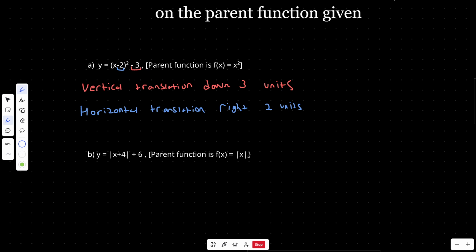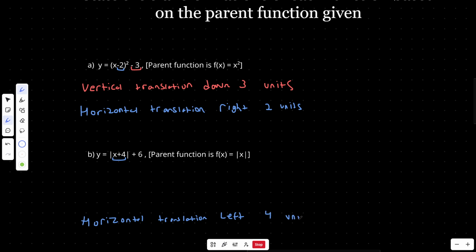Our parent function is the absolute value of x, so we have to figure out what transformations are applied to this based on a reference point of f of x equal to absolute value of x. So what I'm noticing here, we'll start off with the horizontal translation first. There's an x plus 4. Remember the plus 4 is attached inside the x, so that means we're working with a horizontal translation. So the plus 4 right now indicates we're going left 4 units, so we can say horizontal translation, left